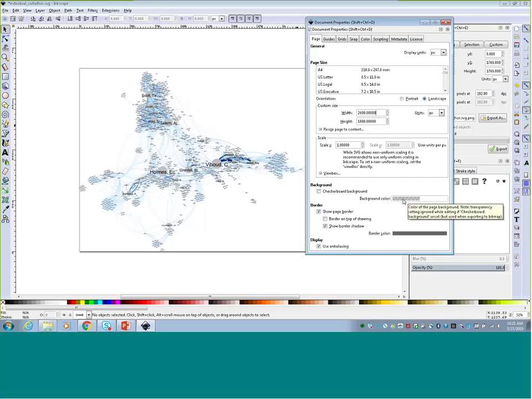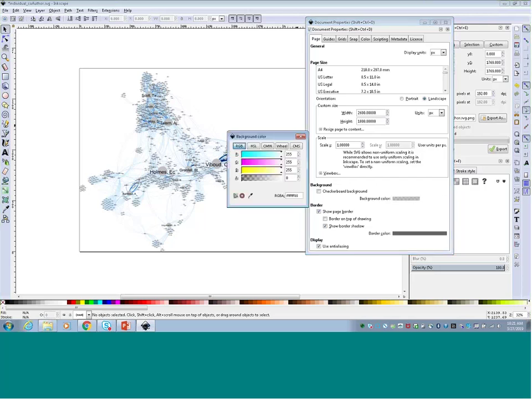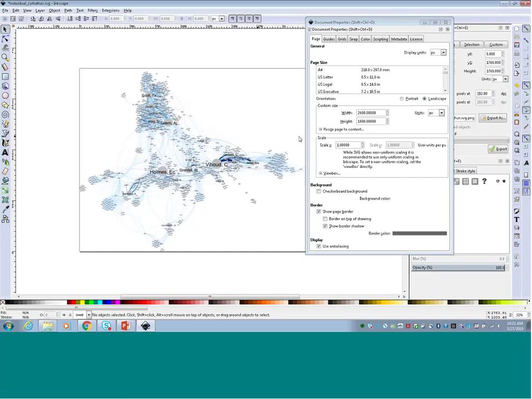So I'm just going to click on the background color. And that's again going to bring up a little dialog box where if I wanted to change the color, I could. But you can also change this A value, which is actually the transparency. So I'm going to set that instead of 0, I'm going to change that to 255. And then I'm going to click Close. And so that's going to change it to just a flat white background color rather than that transparent color. It doesn't look very different, but when you actually go to export it, it makes a difference. So it's worth remembering to do.